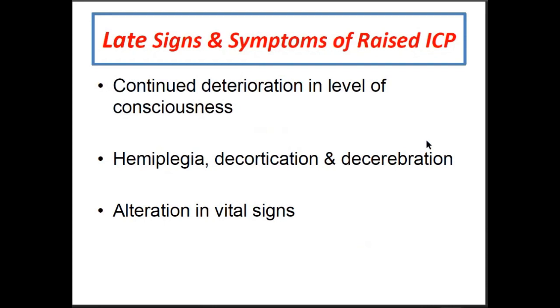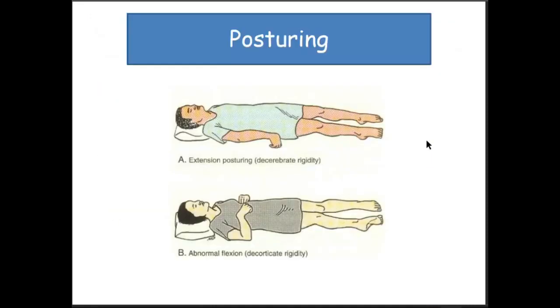If you see a patient who is comatose and hypotensive, then this is a very late sign. So what about posturing? Posturing, as you know, this is decerebrate, which is a bad sign, and this is decorticate. Decerebrate is worse. على الجلاسكو كوما سكيل تاخد أقل، تاخد 2، لكن الابنورمال فليكشن ياخد 3.